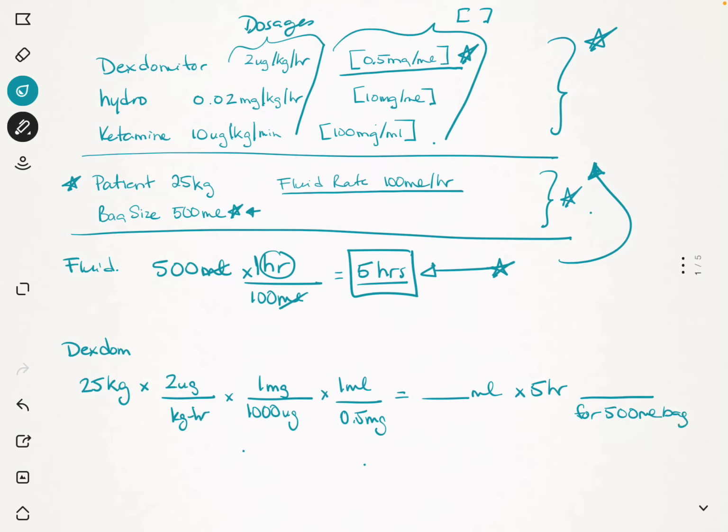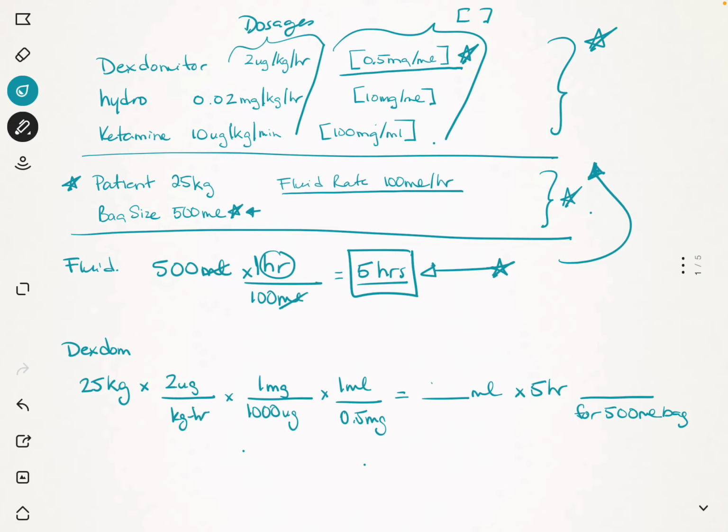Okay, so let's go ahead and do that. We've got 25 times 2 times 1 times 1. So some people like to do everything on the top first. And you can go divided by 1,000, which equals 0.05, divided by 0.5, which equals